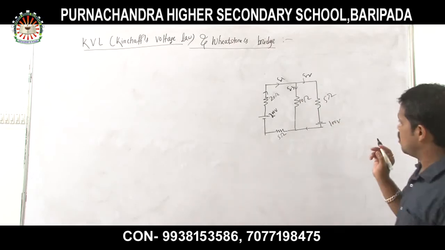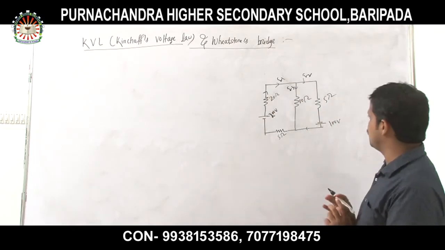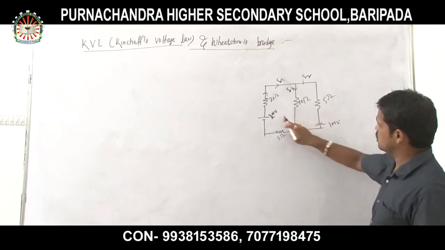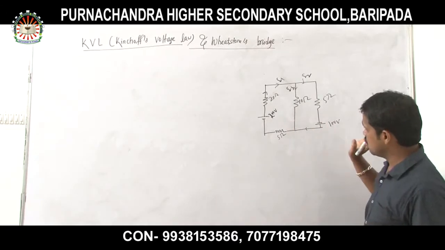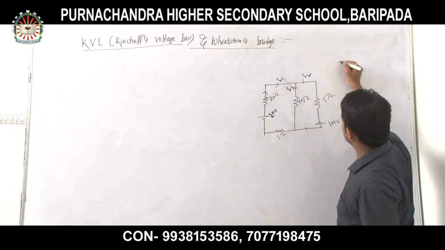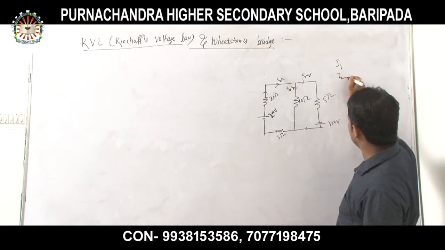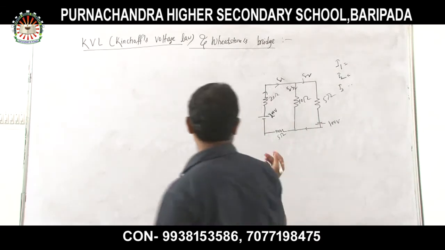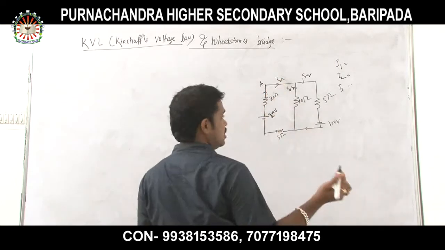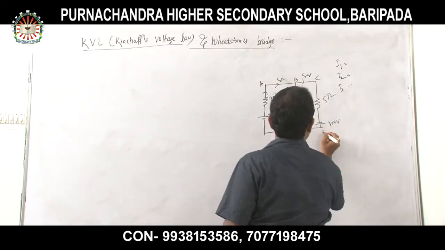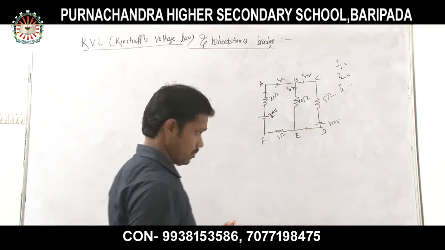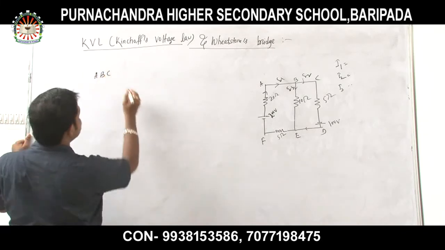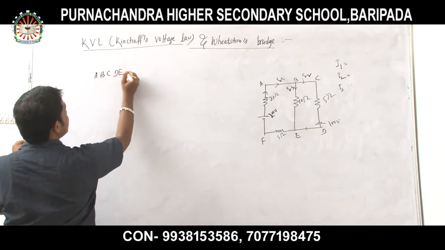So now, all of you look at it. What type of question will we face? These are the things given here: the voltage values. Look very carefully at the voltage values. But you are asked to find the value of I1, I2, and I3 in this closed circuit. For this, I have to mention that you should name the loops A, B, C, D, E, F. As we have mentioned, first take A, B, C, D, E, F, A.